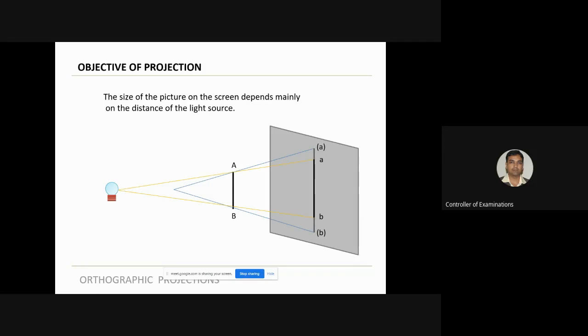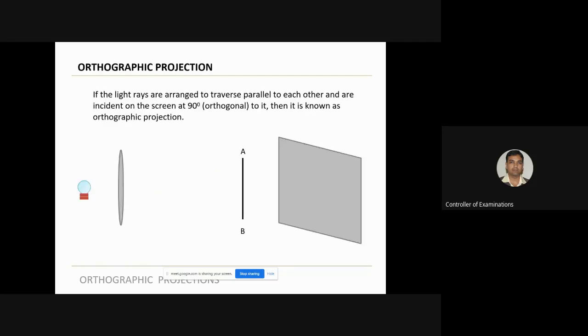So at some point of time, this will be the condition. The light source is at some infinite distance, because of which the rays of light which fall on this object AB are parallel rays of light, as you can see here. So when parallel rays of light fall on the object and the picture of the object is projected on the screen, what is the size of the object on the screen?